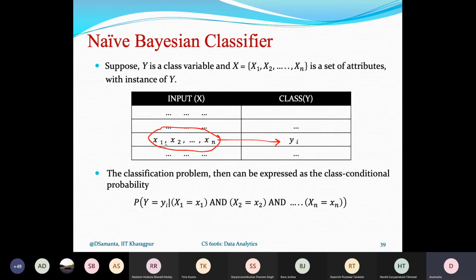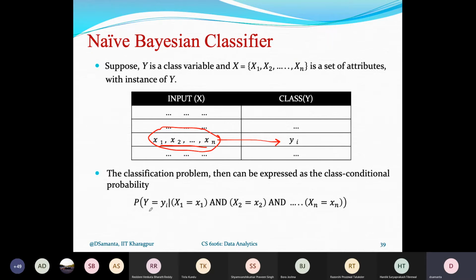And here you see, this is a vector. It has n components, and each component corresponds to the attribute values. So this way you have been given a set of data, and we now want to calculate, if this is the data, what is the probability that it belongs to any class.